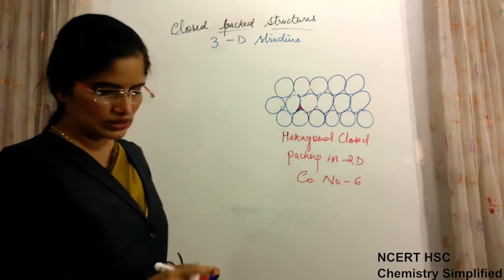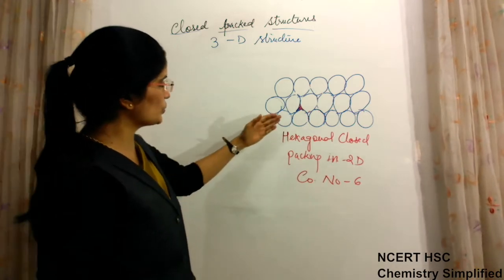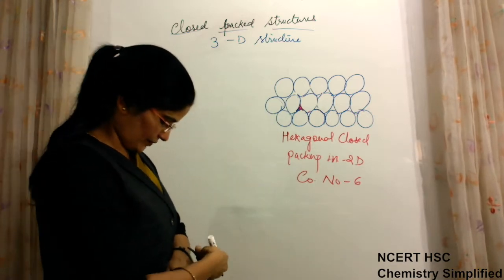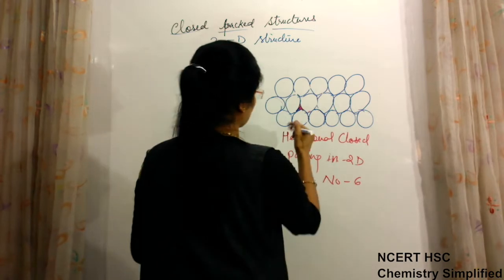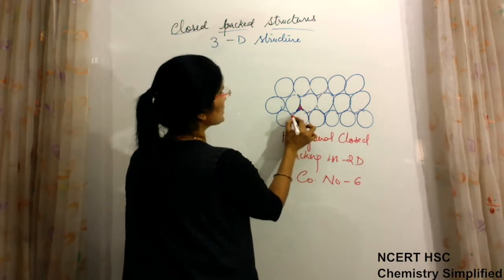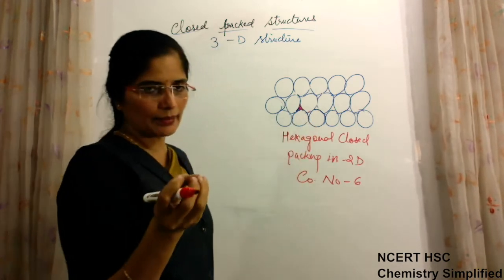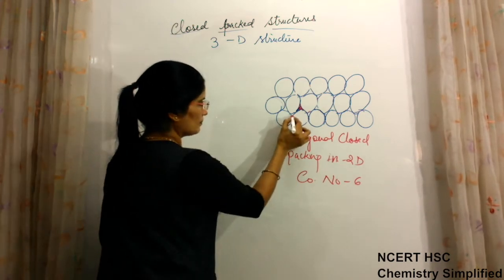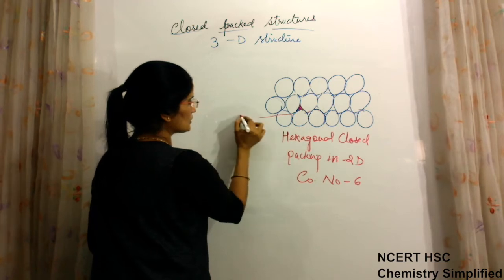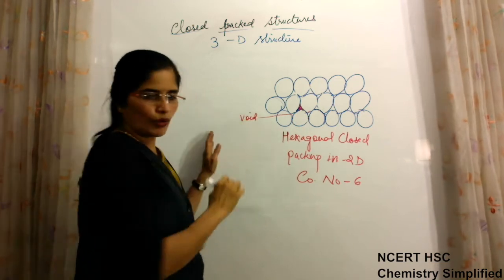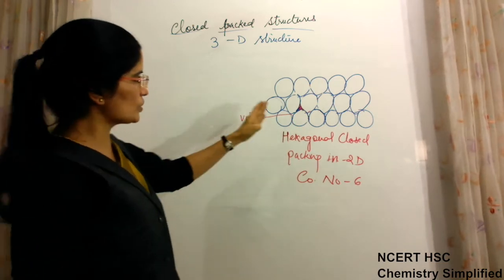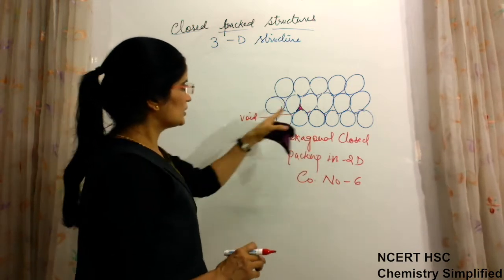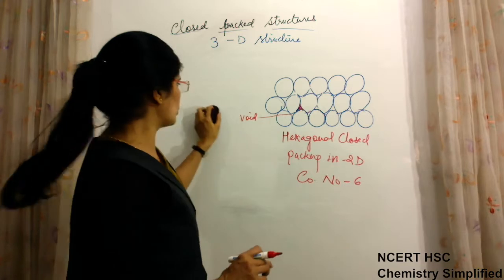Now there is a possibility. Then the layer which we are going to keep on this. First we will keep a layer on this. Okay. So this layer we will keep as 3 particles. There is a gap, and those gaps are actually known as voids. This is blank space, so this will be known as void. The voids were present in that structure also. Voids are present in hexagonal close packed 2D structure also. These voids are smaller as compared to those voids.